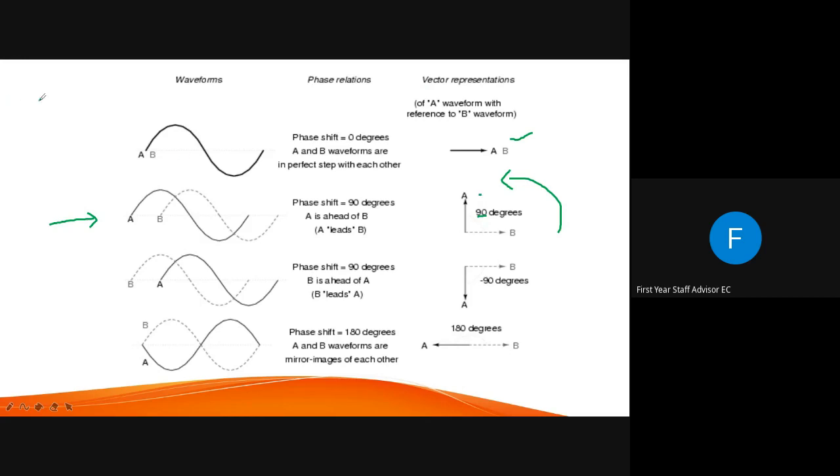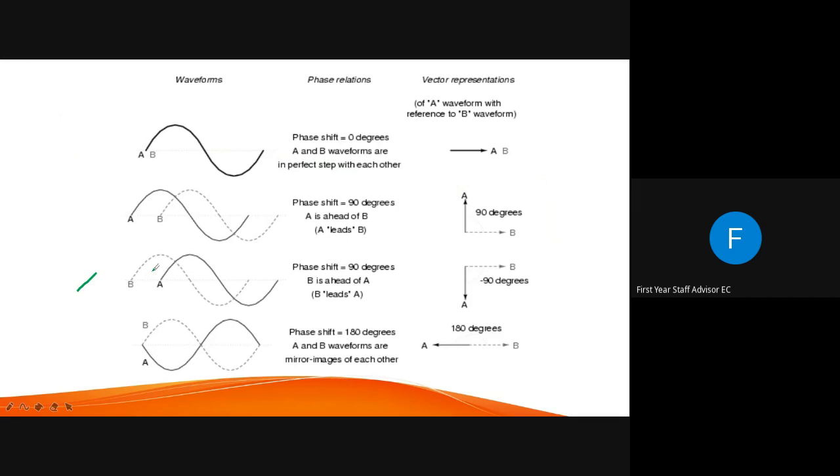Even you can draw like this also, no issue. If you draw like this, you can mark this as A, this as B. Both are correct because the length of this one is magnitude, and in the case of direction, B is lagging behind A by 90 degree. Or at one stage of rotation, the first diagram, this diagram will become like this. There is no issue.